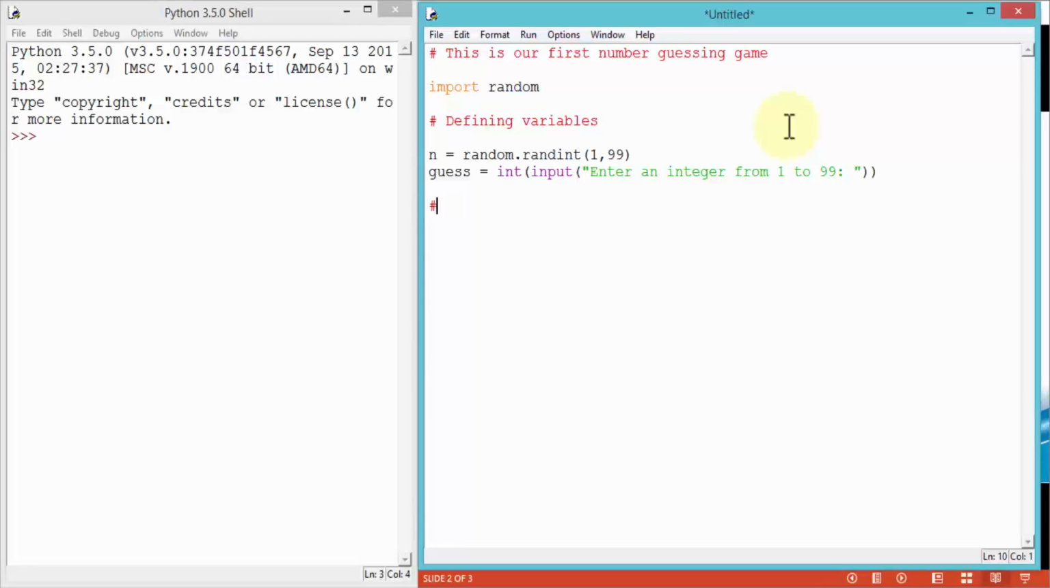Okay, my next comment is do a loop, right? So this will be a while loop because we're going to keep guessing. So I'm going to say while n, which is our random.randint number, is not equal to guess, colon, and then of course Python automatically indents it. I'm going to tell Python to print